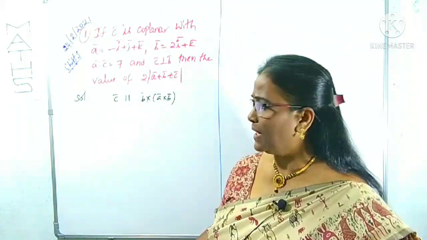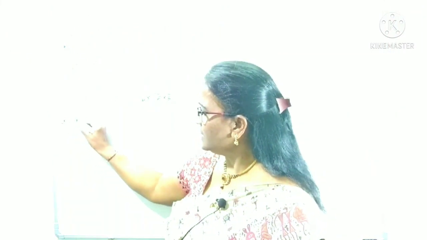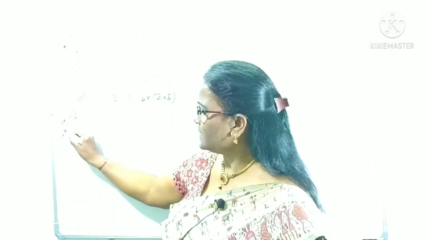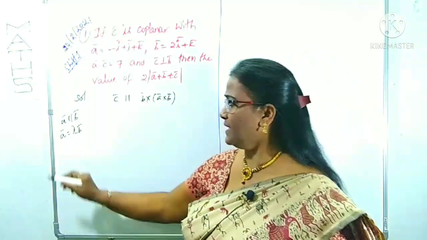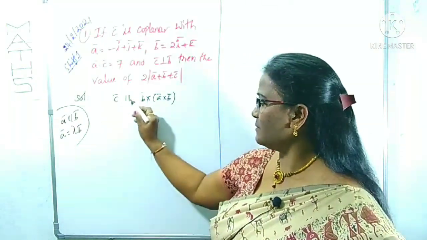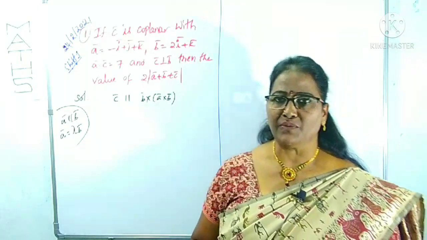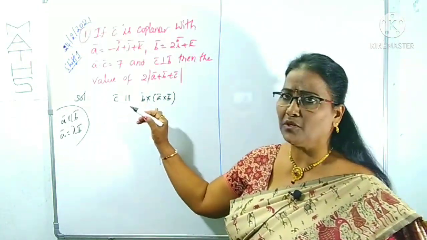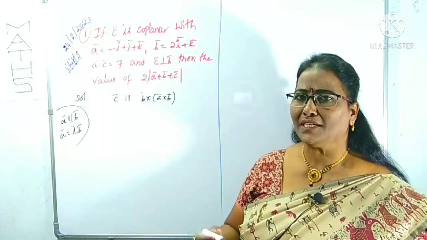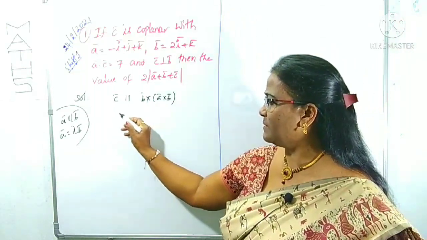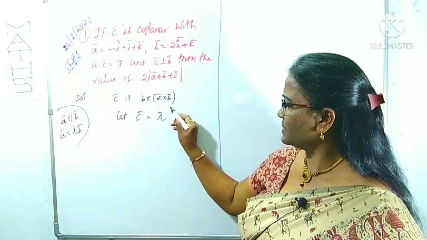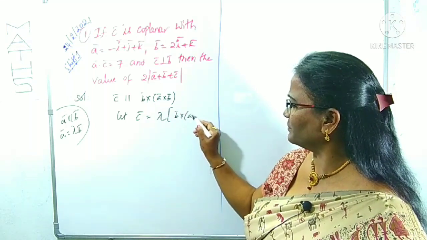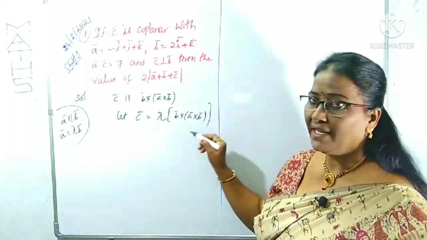If any two vectors are parallel, suppose A is parallel to B, we can say A is some k times, maybe lambda times of B bar, where lambda is any scalar. We can take the A, B relation like this. Same way, C is parallel to B cross of A cross B. Why is it parallel? Because C is coplanar. Coplanar means it is in the same plane, so we can just take it as parallel. So according to this rule, C is equal to some lambda times of B cross of A cross B.